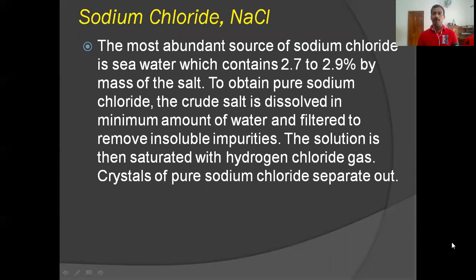Sodium hydroxide is produced from sodium chloride, which is used for the production of different compounds. The most abundant source of sodium is sodium chloride, and the most abundant source of sodium chloride is seawater, which contains 2.7 to 2.9% by mass of the salt. To obtain pure sodium chloride, the crude salt is dissolved in a minimum amount of water